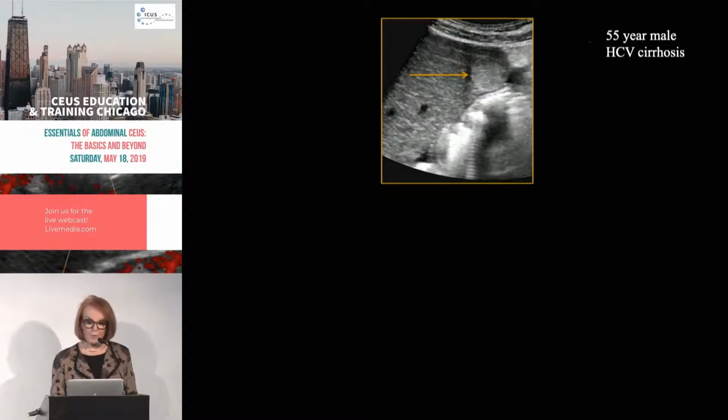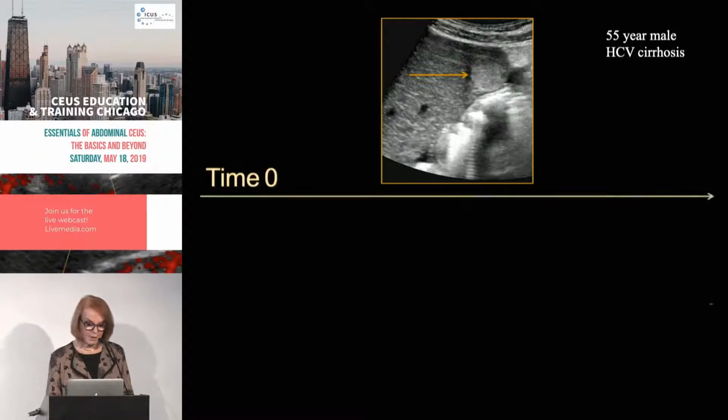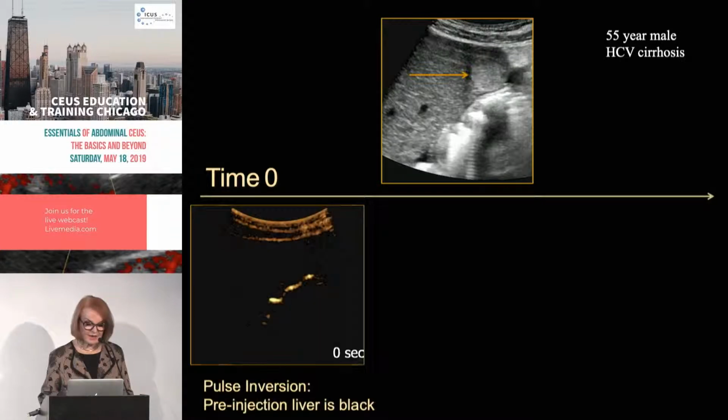Now, let's look at a more current scan. So this is a patient who has risk for liver cancer, has HCV cirrhosis. And on our surveillance scan, we can see an echogenic nodule. And as we look at the contrast scan, you can see that on time 0,